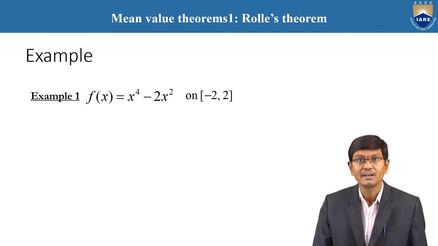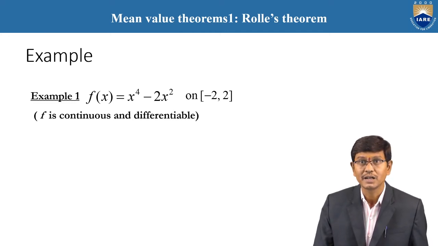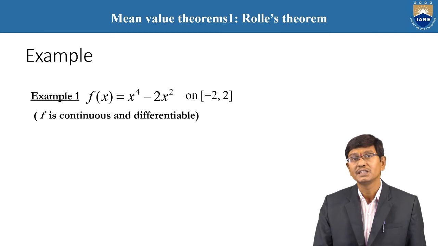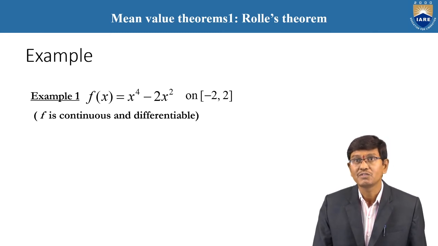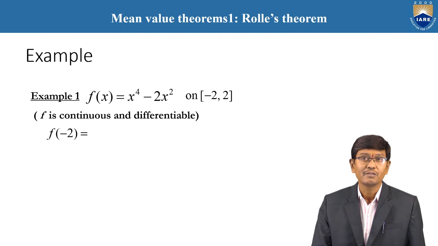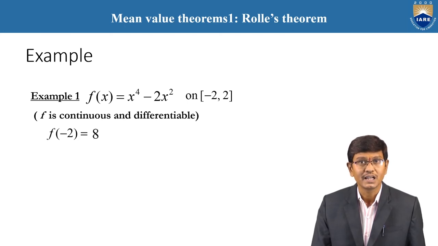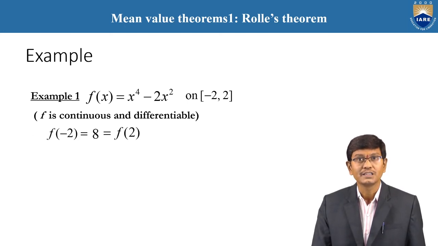And again, here the function f of x equals x power 4 minus 2x squared on the interval minus 2 comma 2. Here the function is continuous as well as differentiable, because the given function is a polynomial function. And f of minus 2 is clearly 8,